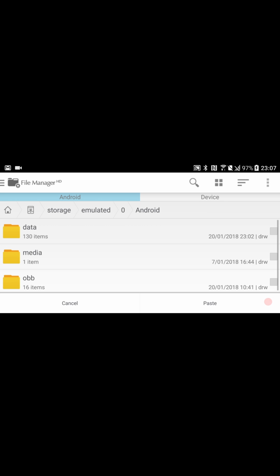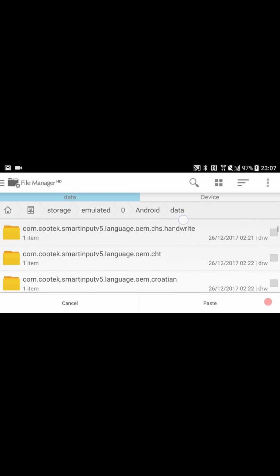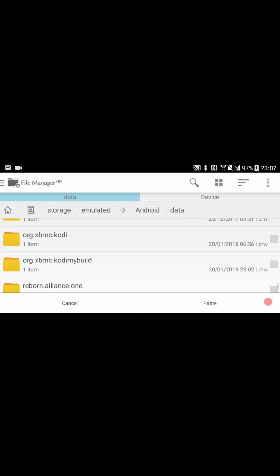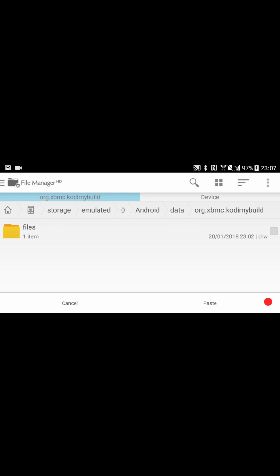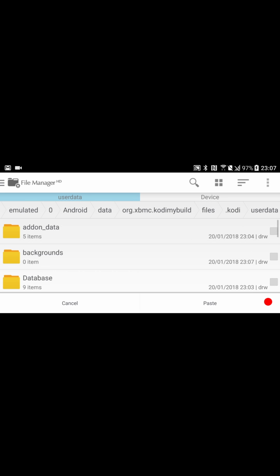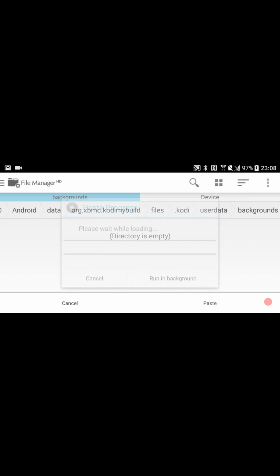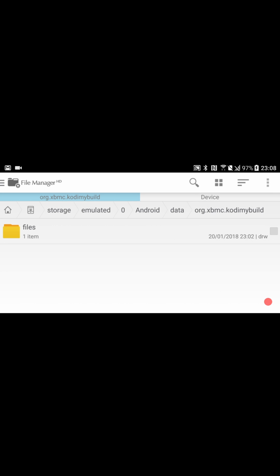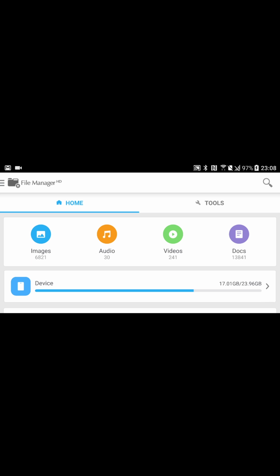So again, it's Android, data, all the way down, and you'll be looking for your org.xbmc.kodi or your org.xbmc Kodi my build. So click that, and then it's files, Kodi, scroll down, get user data, open your backgrounds folder, and just click paste, and that puts both the images in there. So that's all we really need to do with the file manager app. So we can come out of there,